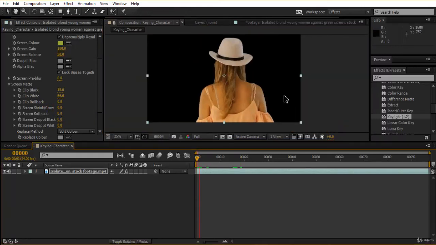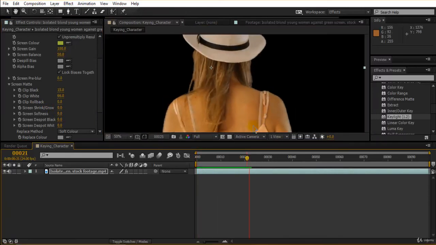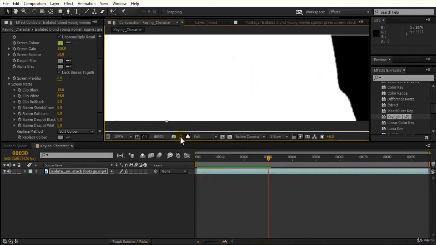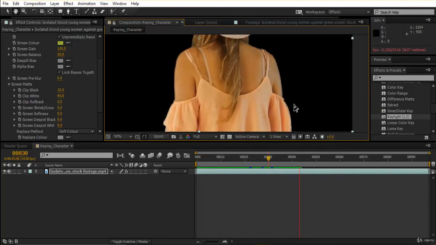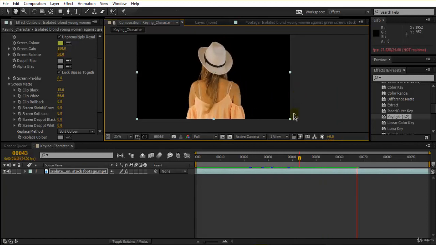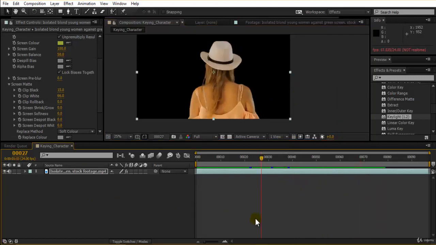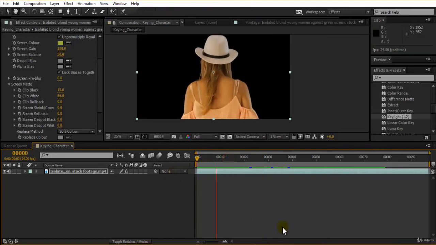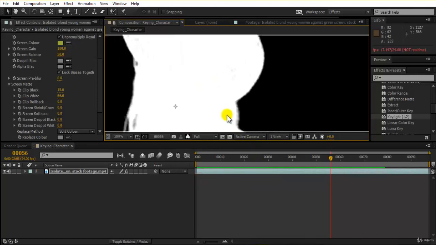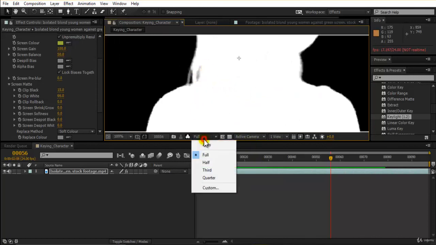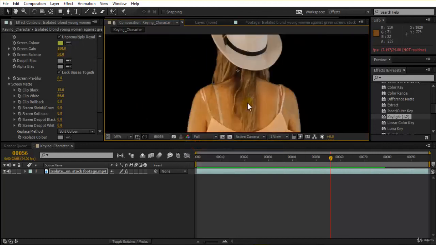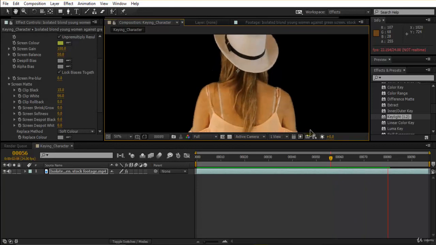So by now what we have done is we have just keyed this out properly. Just make sure you have keyed this out properly. You go on some frames, you check, yeah, your alpha is totally perfect. I'm just checking the alpha, yeah, it's totally fine. Even the hair details are pretty much maintained or captured, and it has not gone along with our keying. So our keying is very nice.